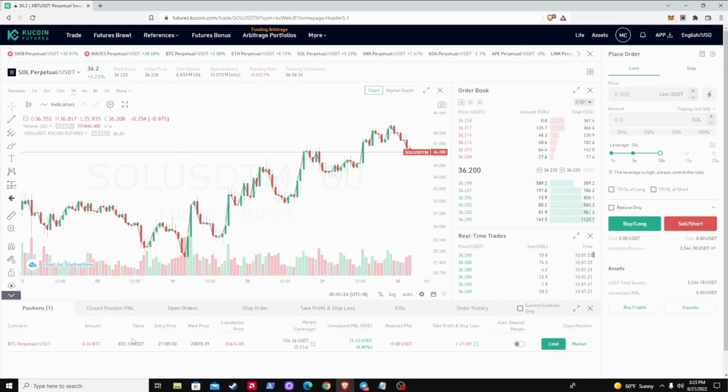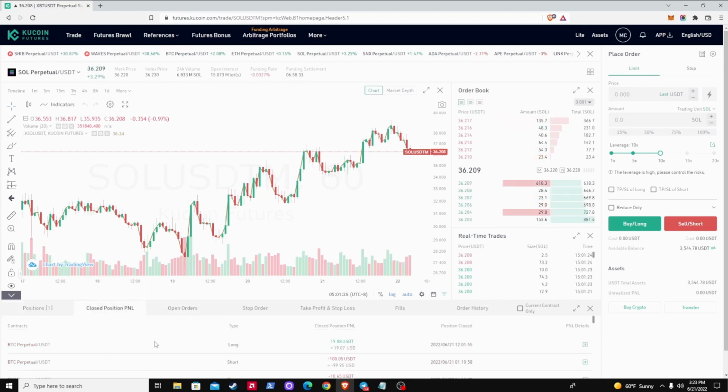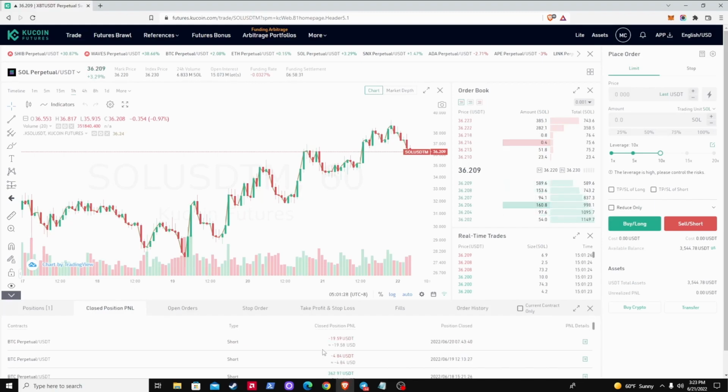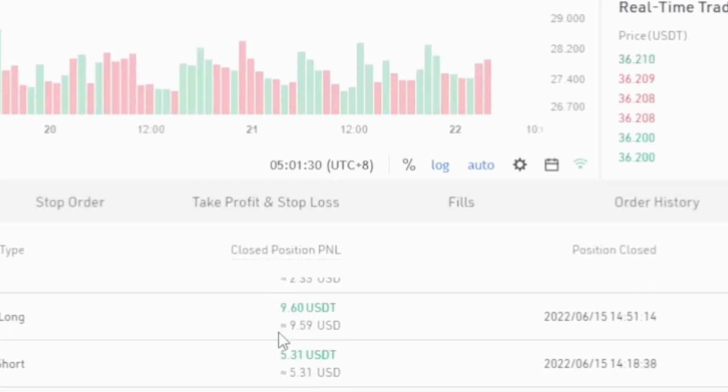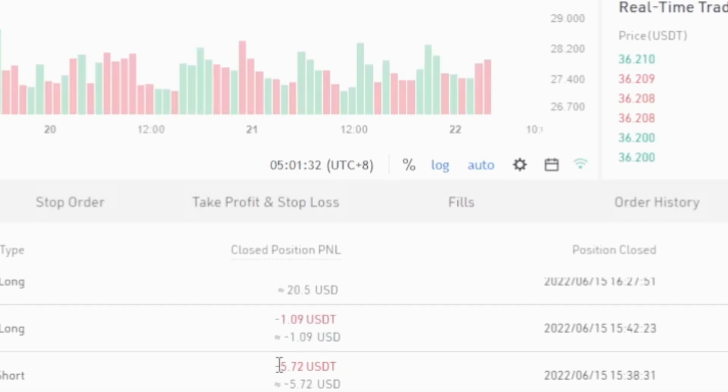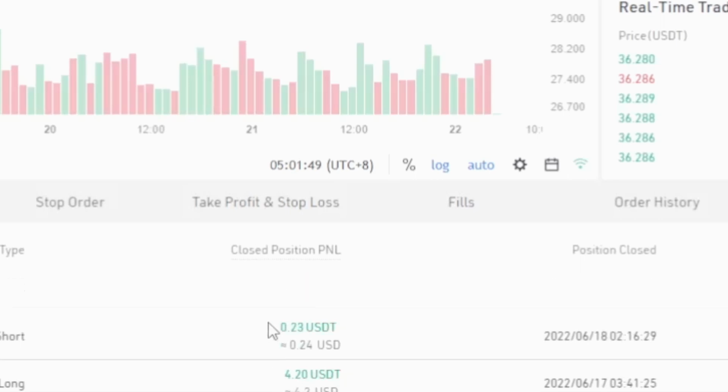Here it just shows closed P&L. That's obviously your profits and loss history, so you can see clearly I don't win all the time. In fact, plenty of losses in here, and I don't trade very big on KuCoin. I really don't on leverage anyway. I do most of my trading on spot as far as my larger positions, and I'm really a huge fan now of those 3L and 3S tokens, which I'll put a video out in the future for as well. They're just 3x leverage tokens that you can trade in the spot area instead of using this actual leverage section.